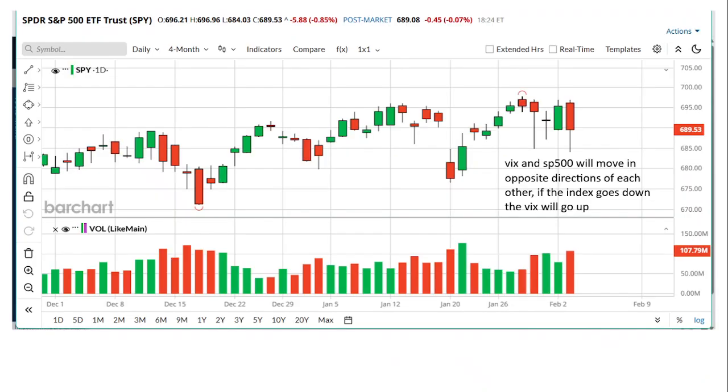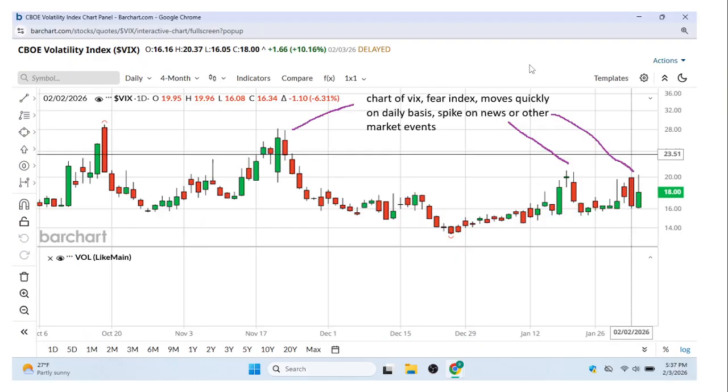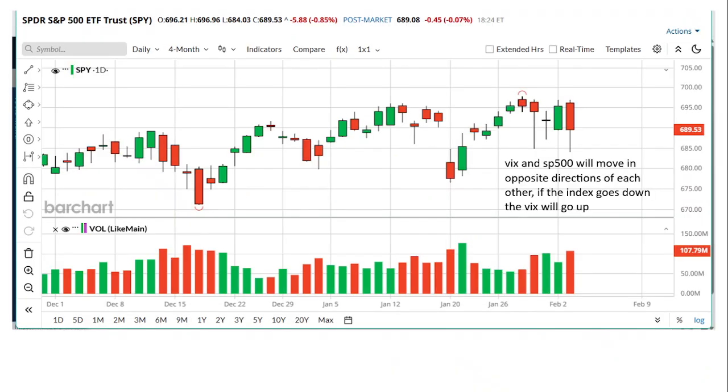And this would be the reverse of that index. This is S&P 500 ETF SPY. And when this moves down, or there's a gap down like this in price, generally that volatility index will spike up. And that's kind of what you see on that chart. Okay, so it's kind of just something that's saying that there's volatility, be careful.